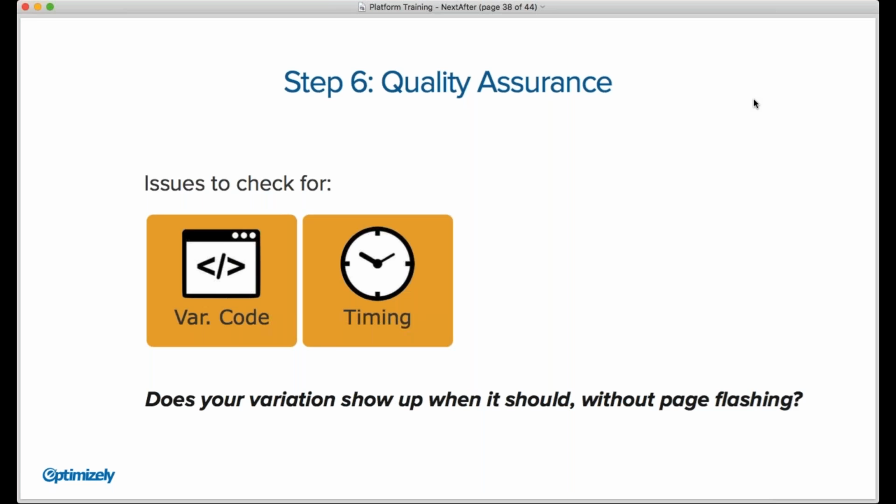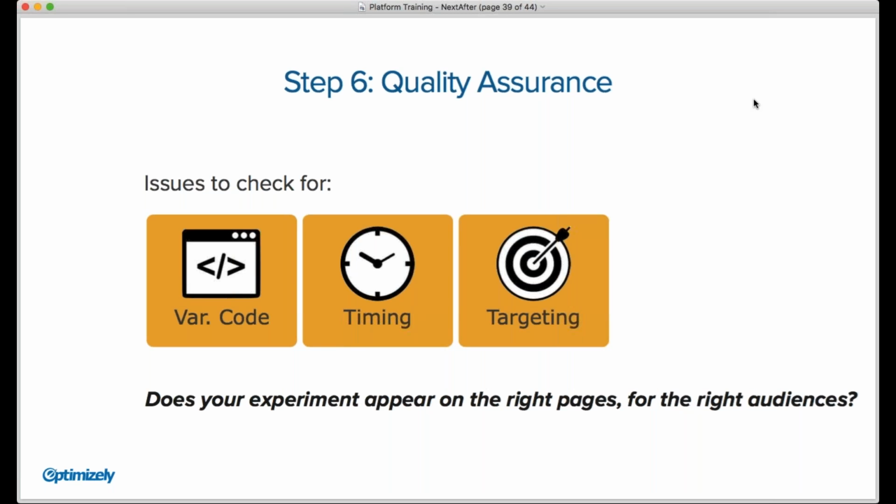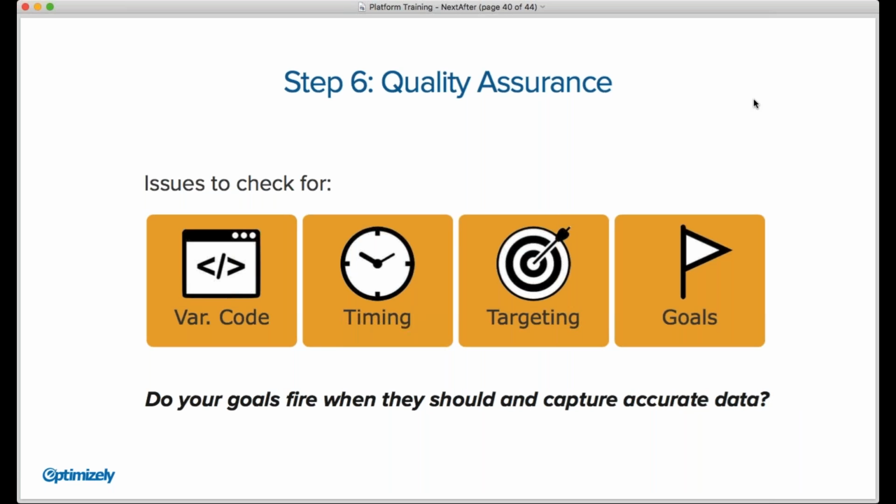So a few things to think about before pushing any of your experiments live through Optimizely. First of all, let's just validate and make sure that the variation looks the way that it should. We're going to make sure that there's no page flashing that the visitor might be experiencing, so they're not noticing that they're being bucketed into some sort of experiment. We want to double check that the pages that we're targeting, the audience that we're targeting are all set up